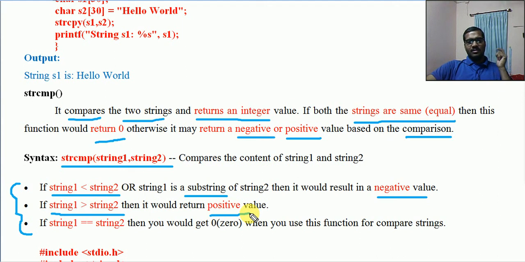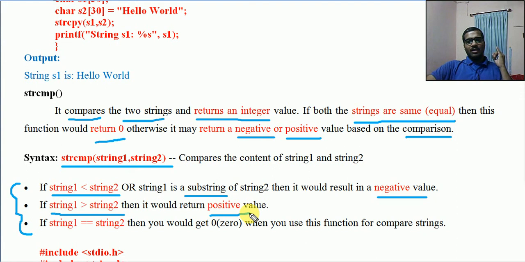The same thing we can do: compare two strings using strcmp, assign that value into a variable, then check whether that variable is positive, negative or 0. So these are 3 points. If that value is 0, they are equal.